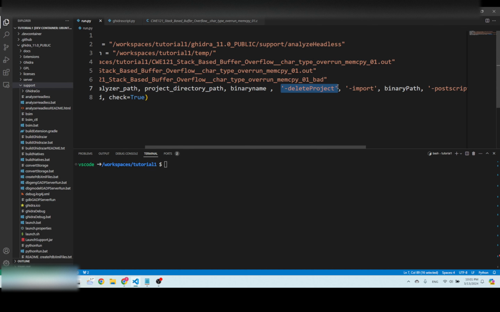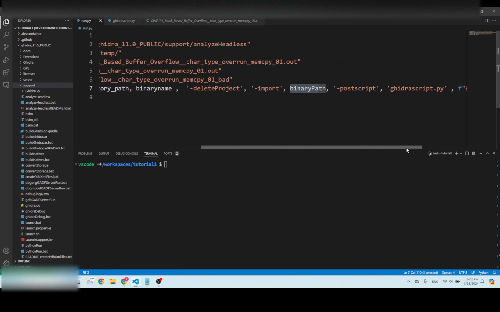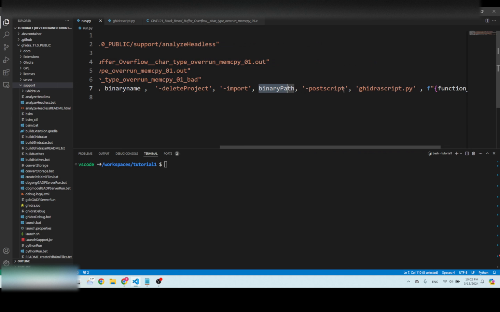When you use this option, each time you run your script, it will make sure that you run your script in a fresh workspace, and for example, the saved analysis from the previous script is removed. And the import option is just, as its name suggests, it will import your binary program. And after that, the PostScript option